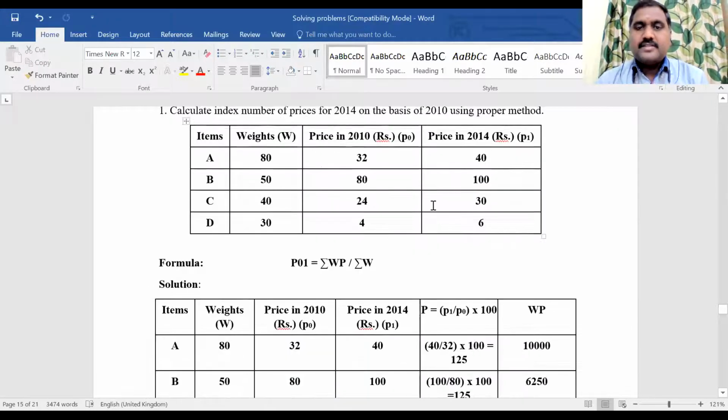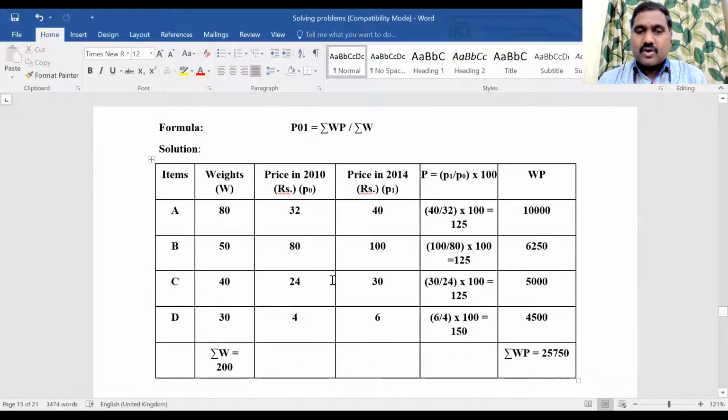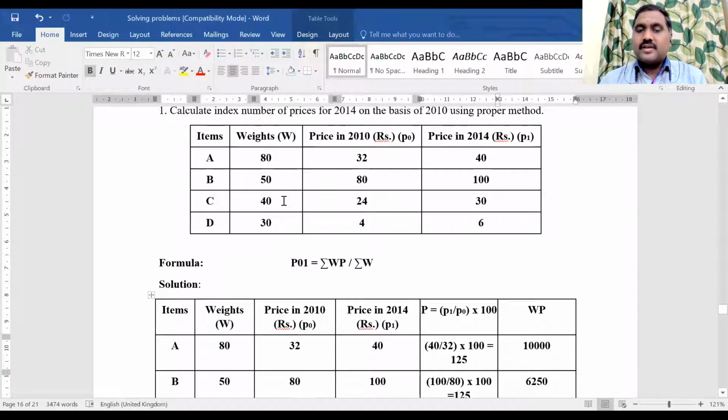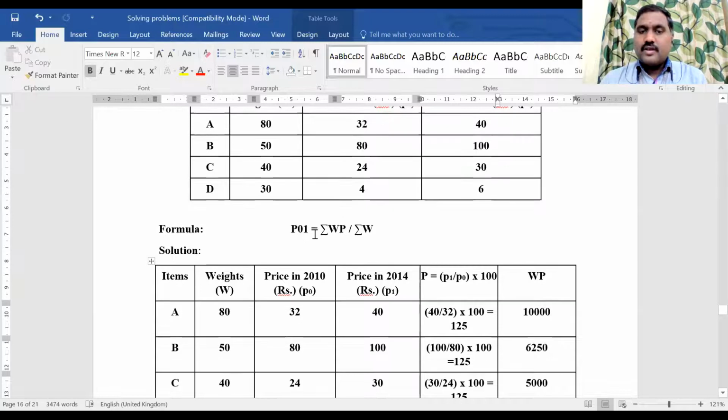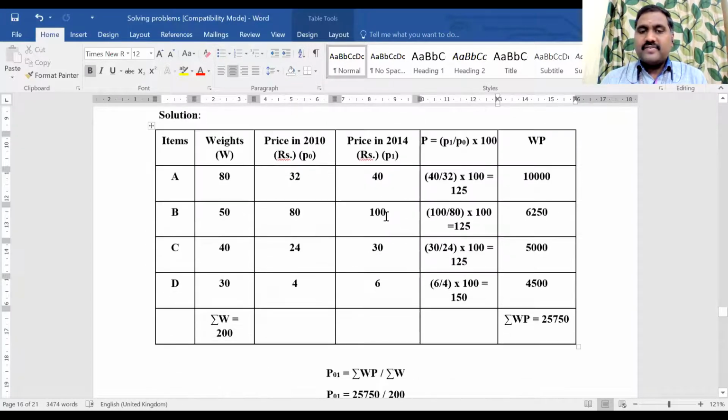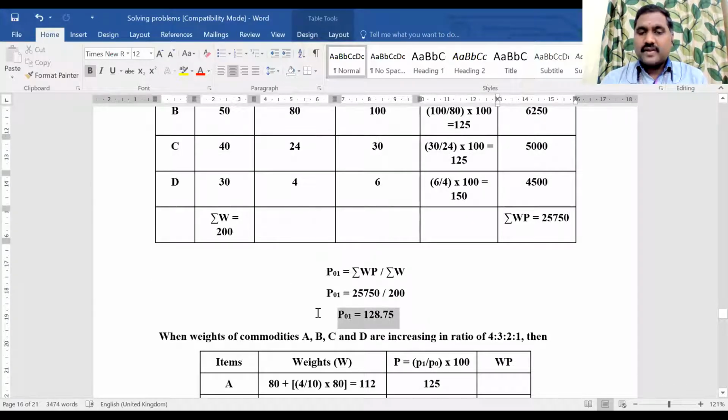Okay. This is the given problem, and in the last classes we solved this problem up to this point. You know how to calculate, because I told you: W is given, but P is not given. But P1 and P0 are given, so by using P1 and P0 we can calculate P, which is required for the formula. So we calculated P, got WP, substituted this value and got the index value.